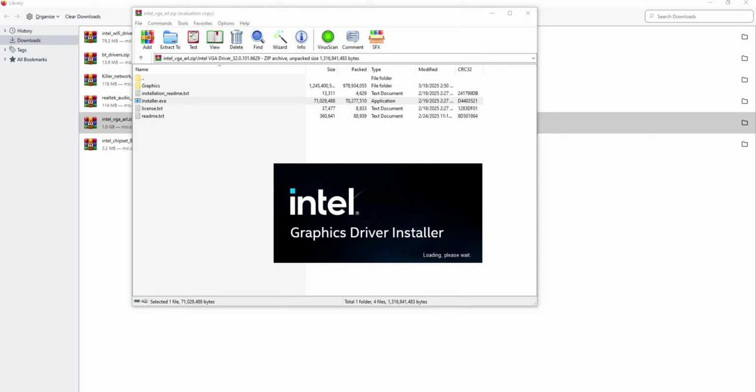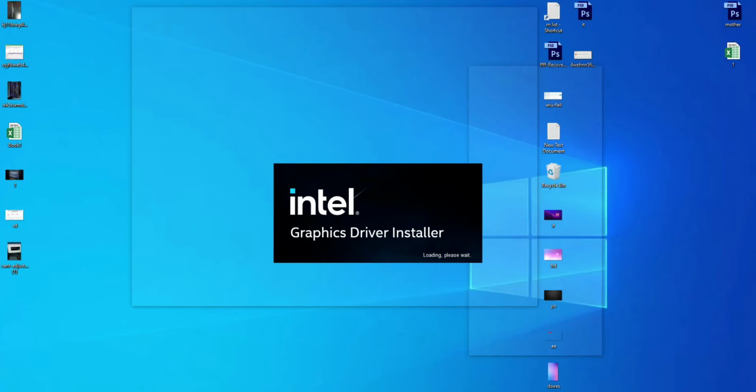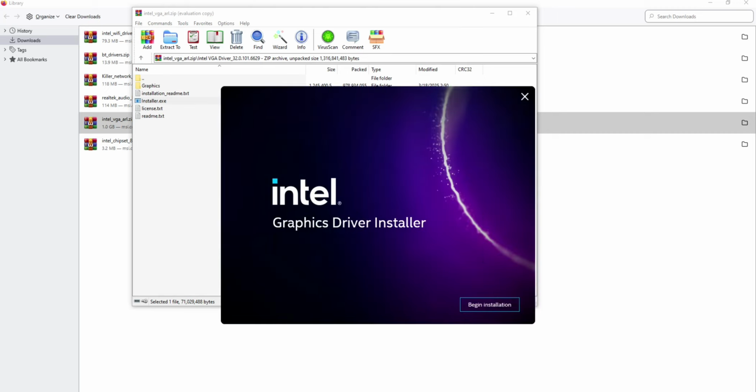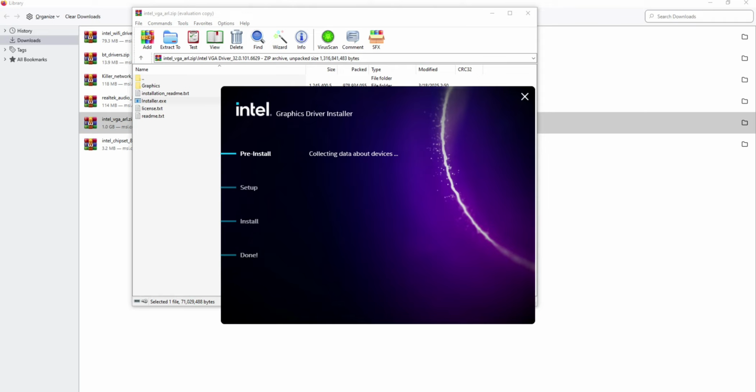Now the Intel graphic driver is installing, and it will work in the background in the CMD command. So you can see please wait. It might take some time to install, because you can see the size is very large. Then the installation is completing, you just click next, and you need to wait for this process to be done. Okay, and